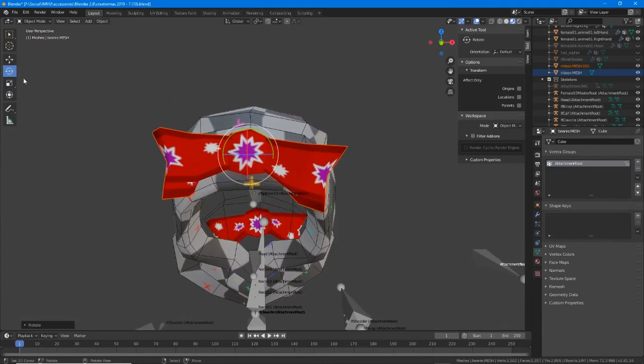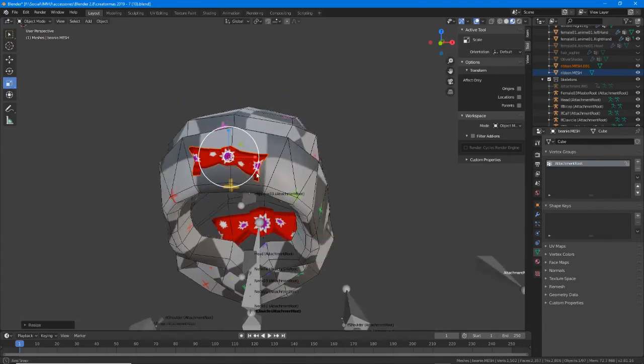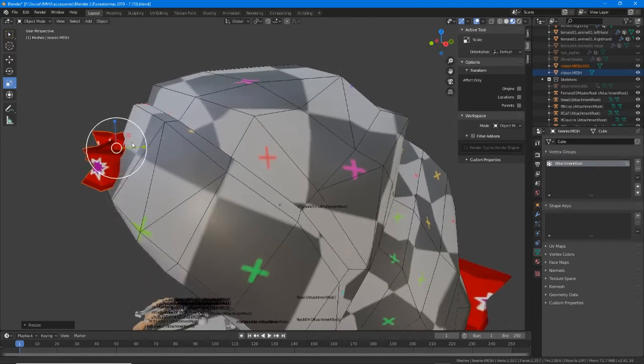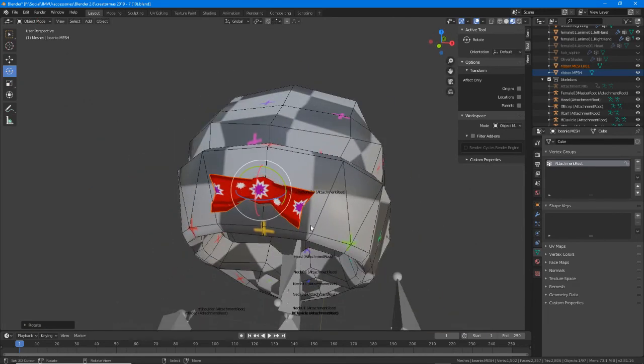Or being super fancy, add several of them. So duplicate,